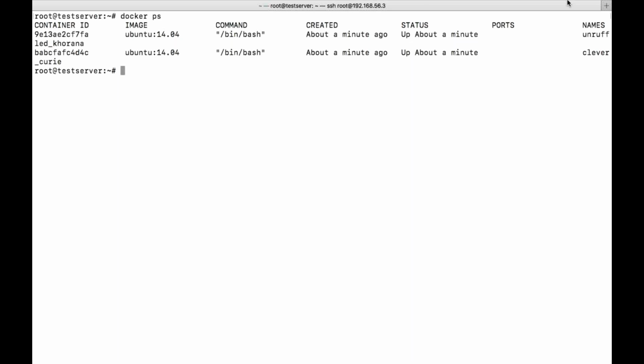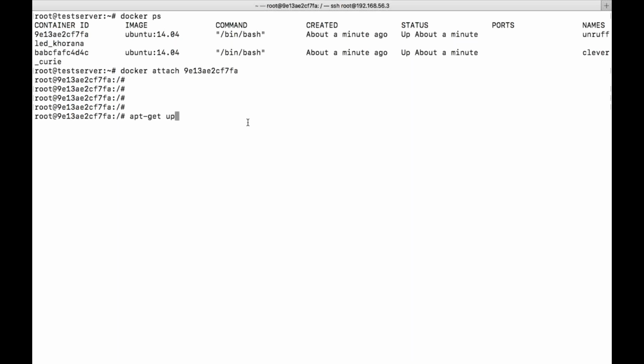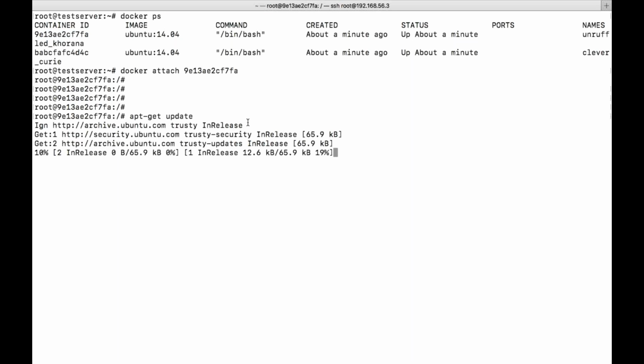So now we have logged into the container, right? I came out of that particular container. I want to relog into this particular container. Then I need to copy the ID and give docker attach. I logged into the container. Now I can execute a command. Great. You can see it is contacting the internet. I'm getting internet connectivity, everything.